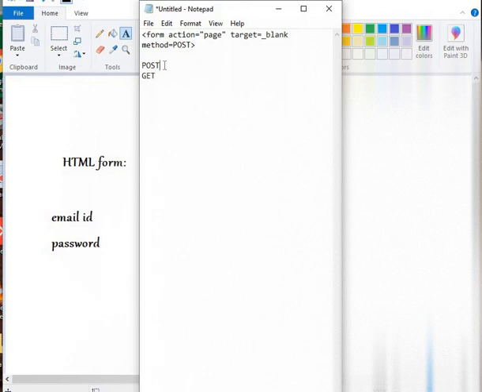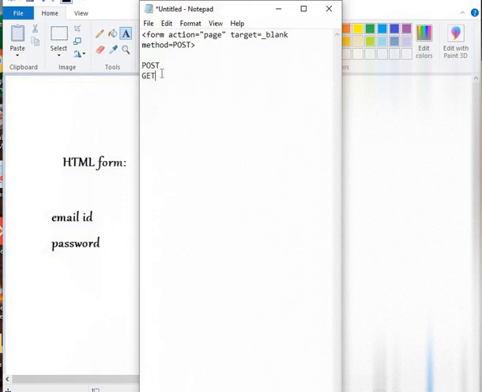And if you are using post method, information will not be shown in the bar. In this example I'm going to use post method, so you will not be able to see any information that is contained inside the form in the address bar.